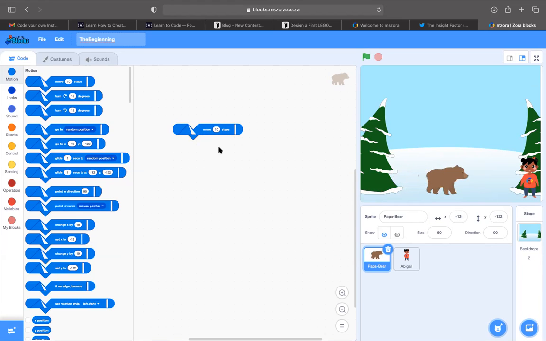And naturally, if I say move minus 10 steps, now you will see what happens here at the X, because it's moving on the X axis. Look at how this number will change. As I click, it keeps on decreasing because it's moving backwards.